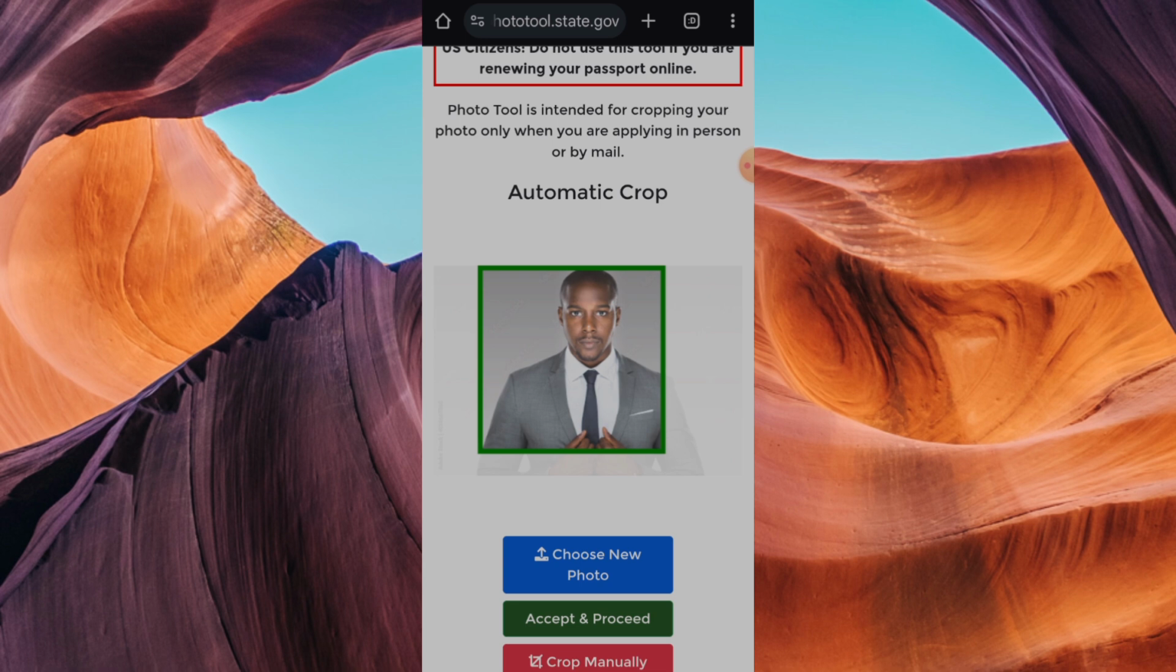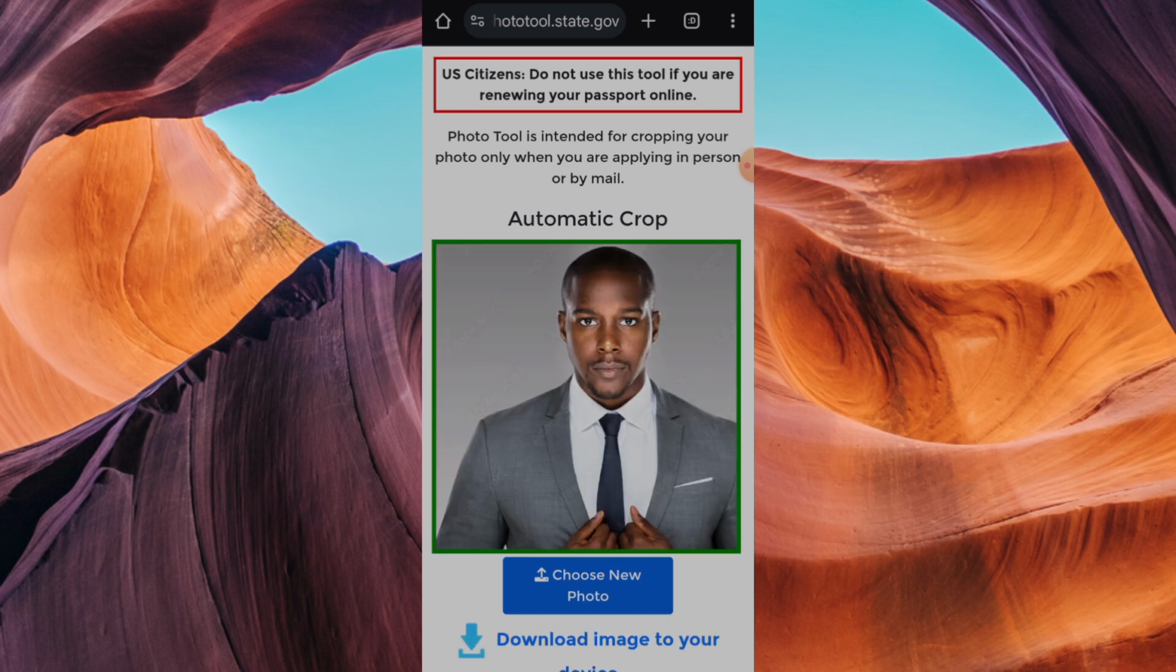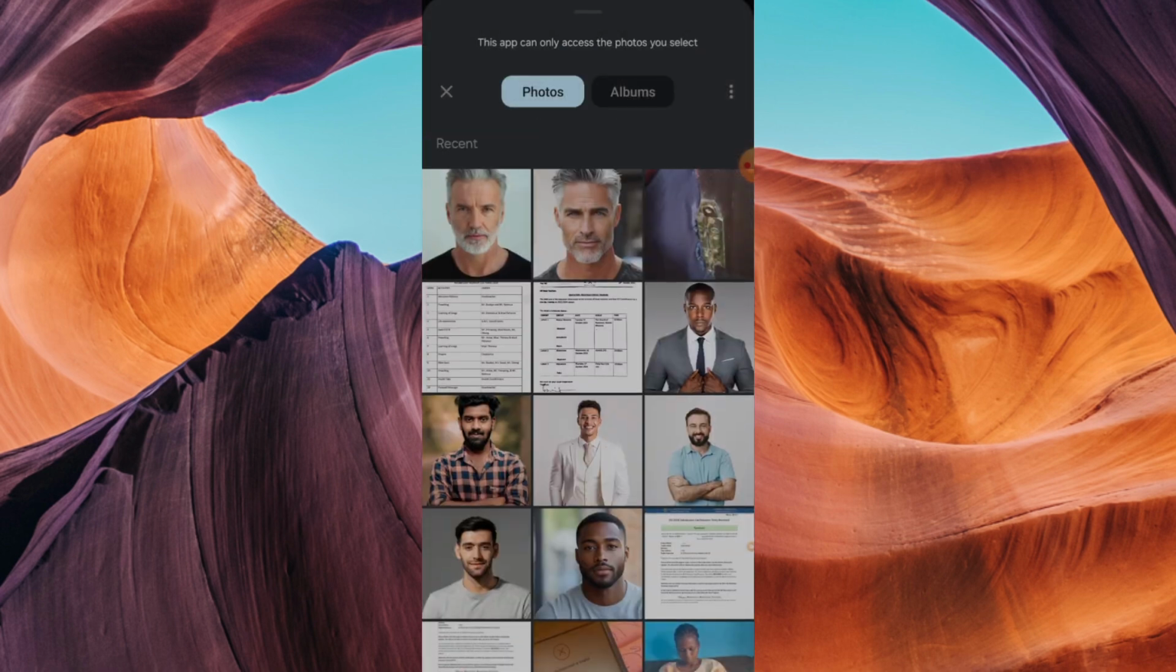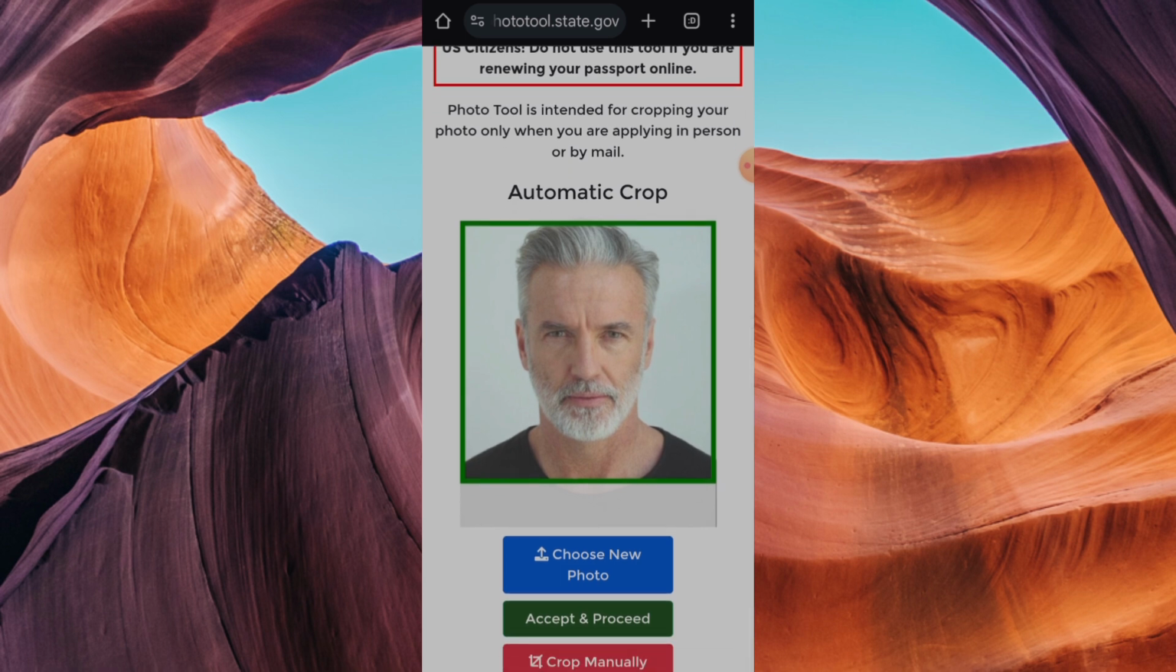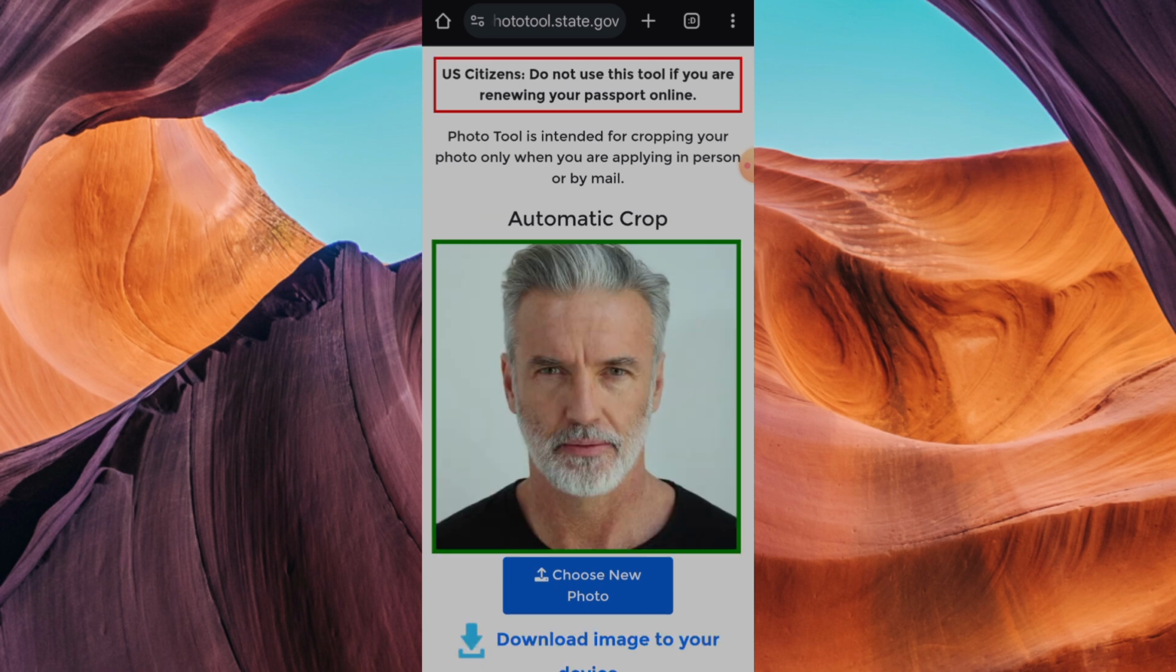So if you want to do manual cropping, you can do. If you want automatic cropping, just click on accept and proceed. So this one is accepted, but don't forget that the background is not correct, but we are going to change it. So we are going to pick the one that will remove the background. Let's select that one. You see it is accepted. Green lines have been given. So when you click on accept and proceed, you see that it has given you nice looking